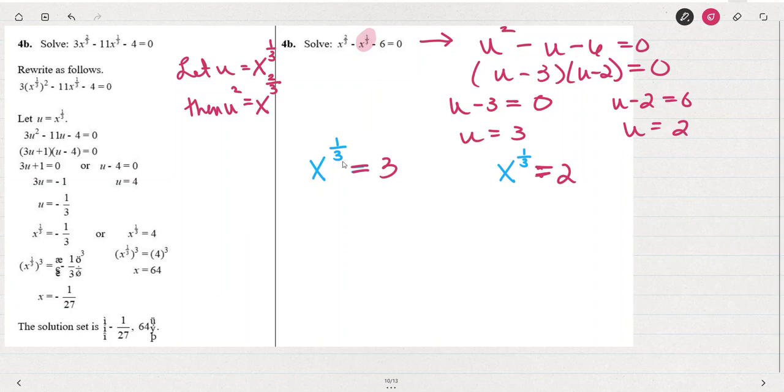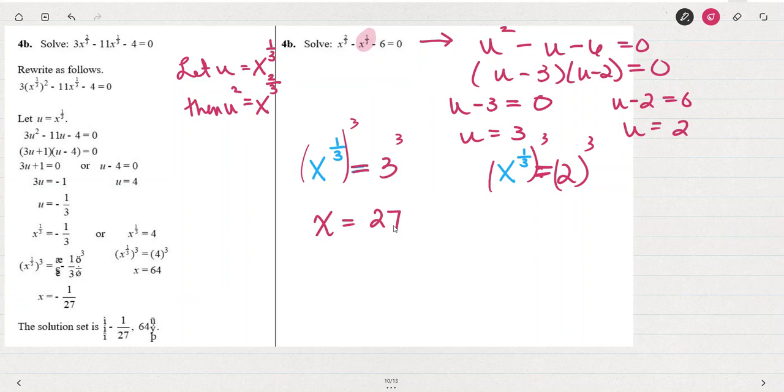How do we simplify this something to the 1/3? Raise it to the 3rd power. So we'd have x to the 1/3 to the 3rd is just x. 3 cubed is 27. X to the 1/3 cubed is x. So x equals 8. So it looks like the final answer here is going to be